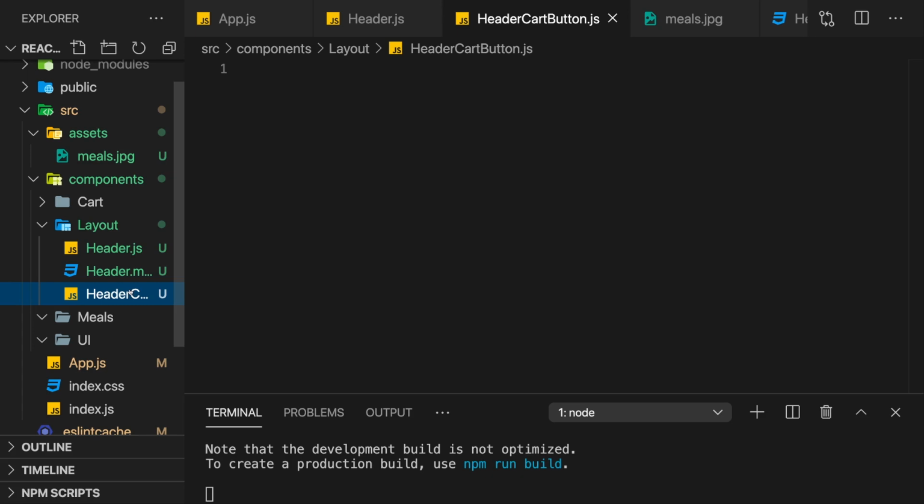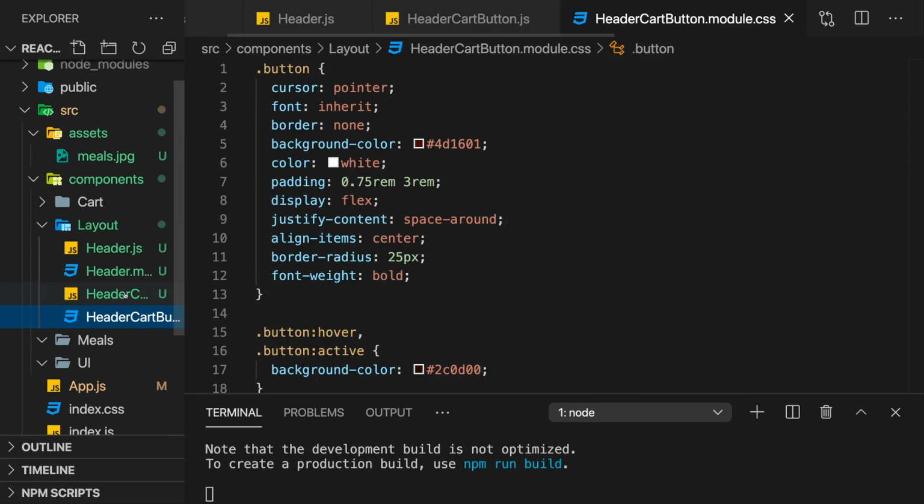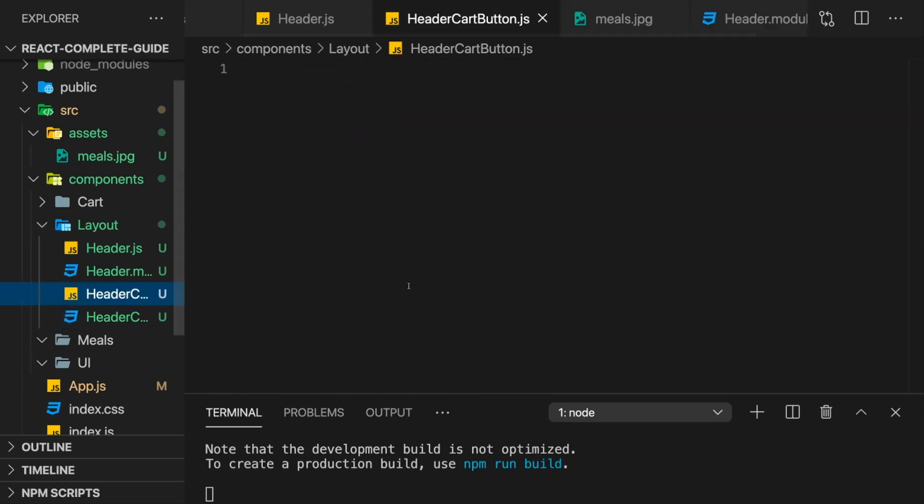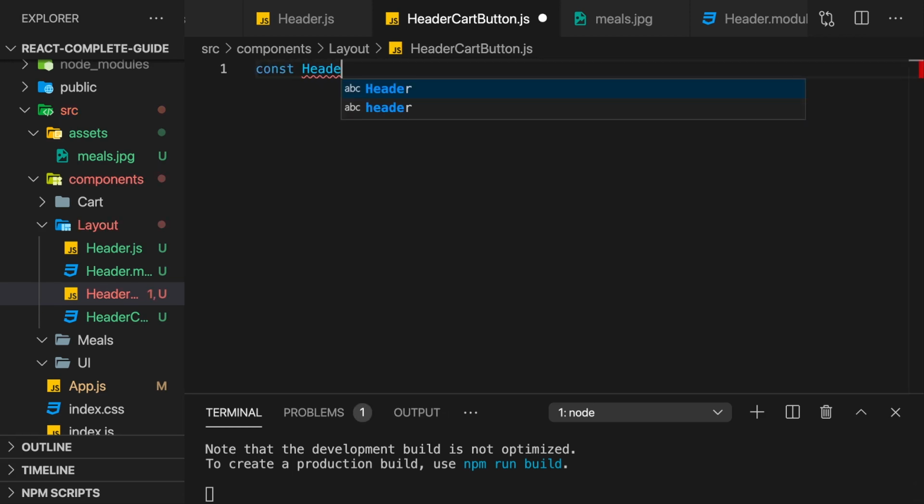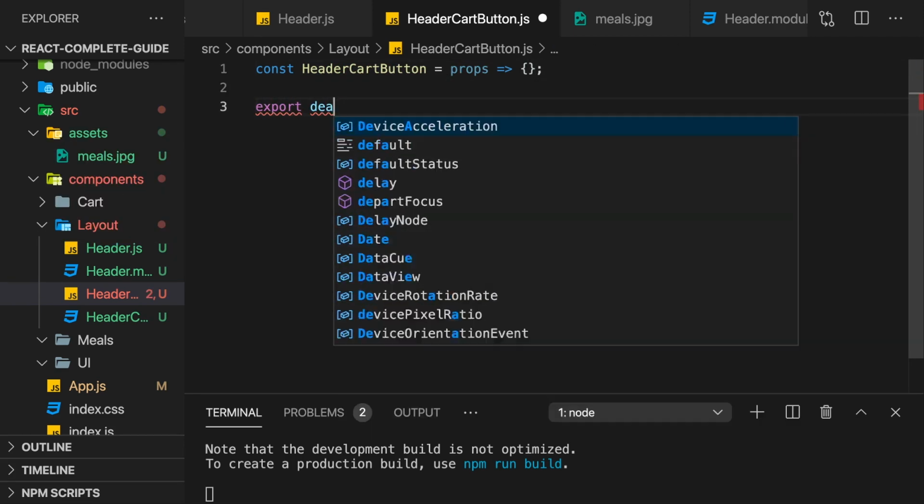We will also need some styling, and for this attached you find a header card button.module.css file, which you can simply copy into your layout folder. And this includes some styles for this button. And then in the JS file for the header card button, I will add my header card button function, my component function, which receives props. And of course also export it